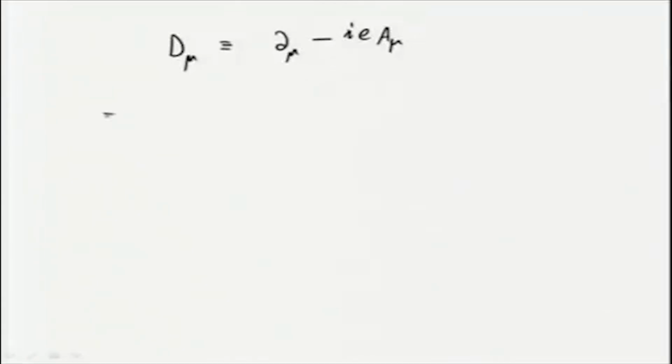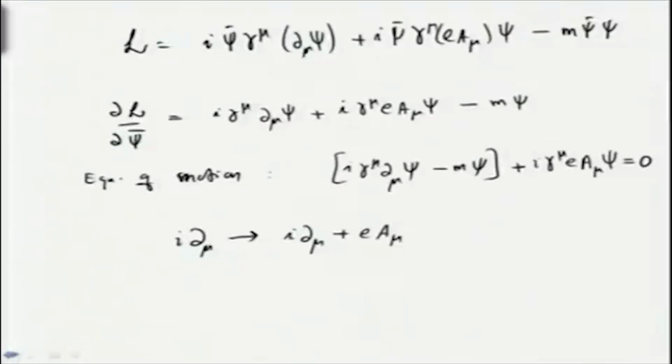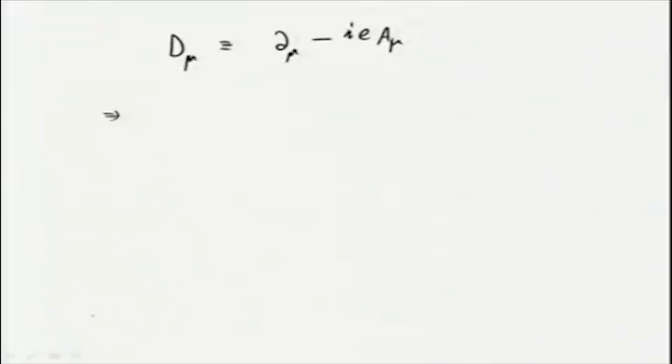So, that will give me, everything should be all right, excepting that the transformation of A now is A prime is equal to, basically minus i A prime will transform as minus i A mu minus i over e